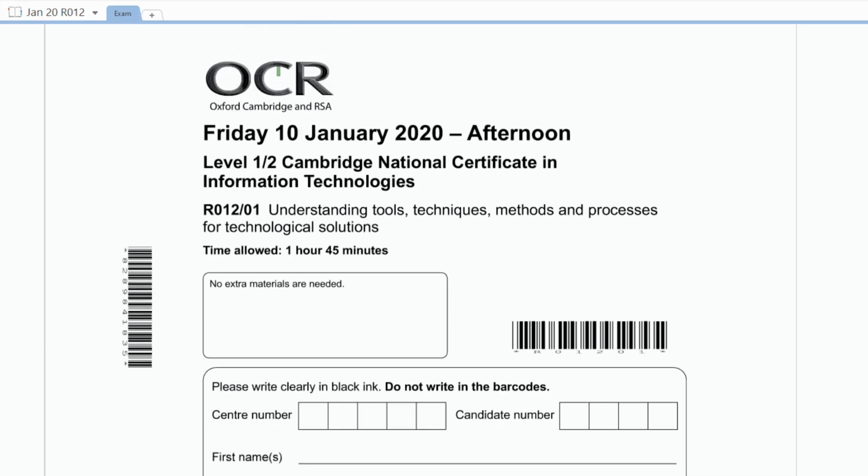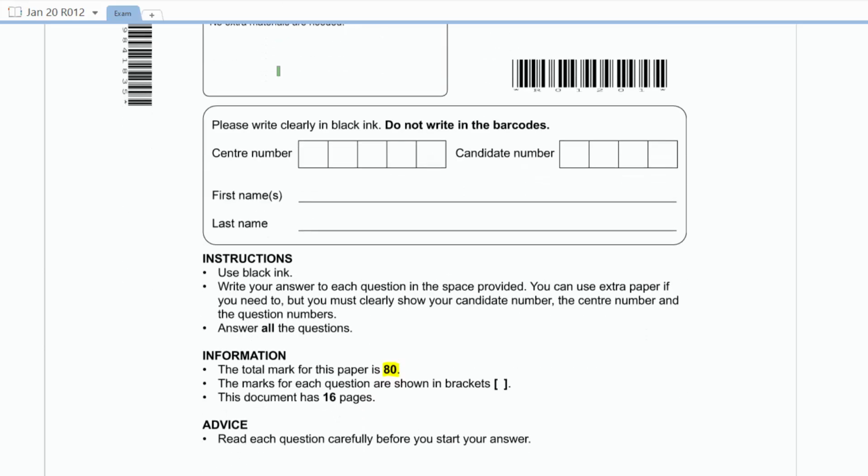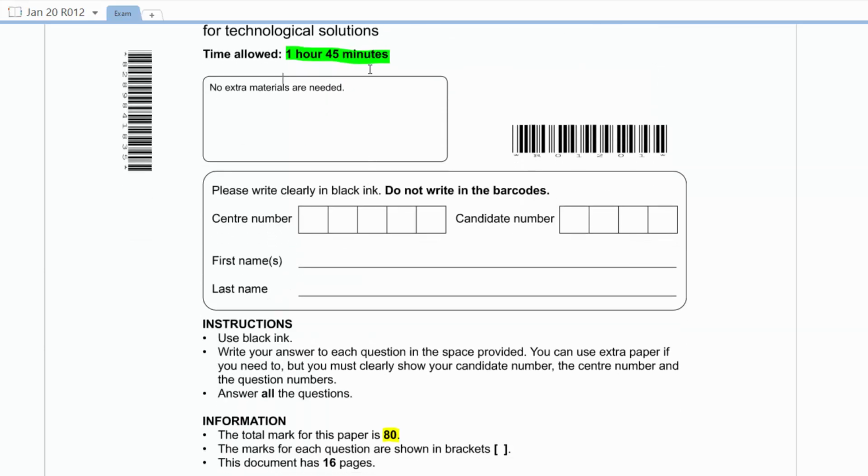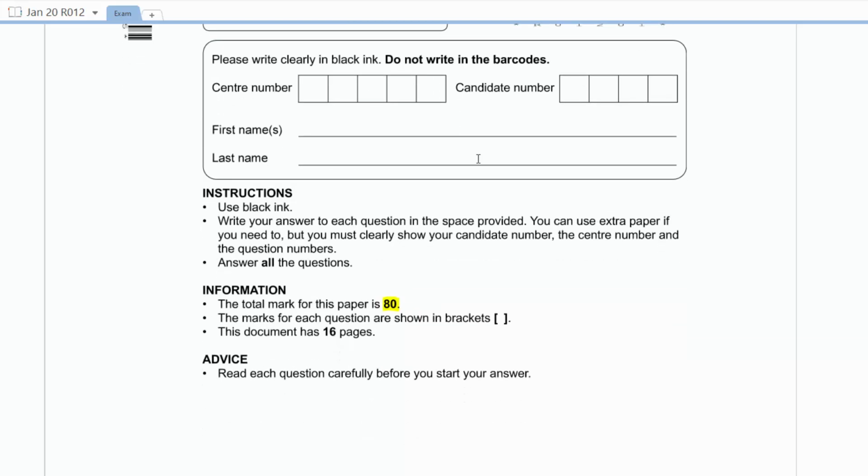Okay, so going back to this front page of our exam, there's not too much to point out really, apart from that it's worth 80 marks, and also to say that the time allowed is 1 hour 45 minutes, which is quite long for an exam you'll be doing in either year 10 or year 11. Compared to other ones, usually it's a little bit shorter. And that's quite nice actually, because it will feel like a long time in the exam hall, but it's good